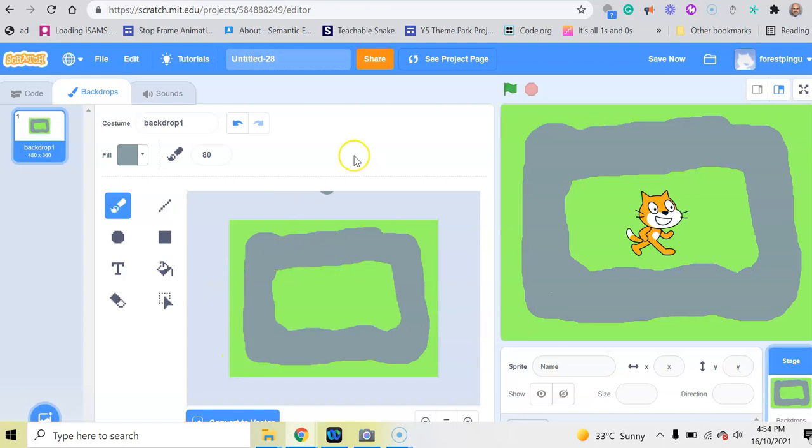Now the final thing you need to do is give your game a name. So in here you can rename. Mine's called Untitled. Yours will be called Untitled, a number afterwards. So I'm just going to click on there and press backspace to delete, and I'm going to call it Scratch Race Game. And that is the end of the tutorial to set up your racetrack for your Scratch Race game,